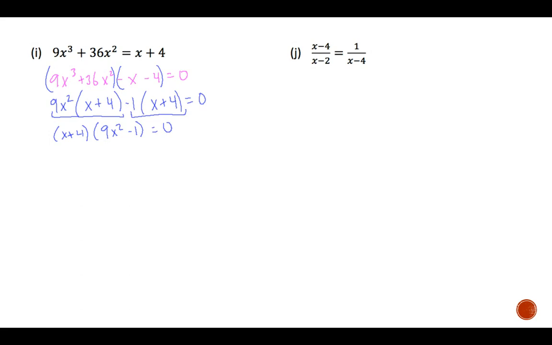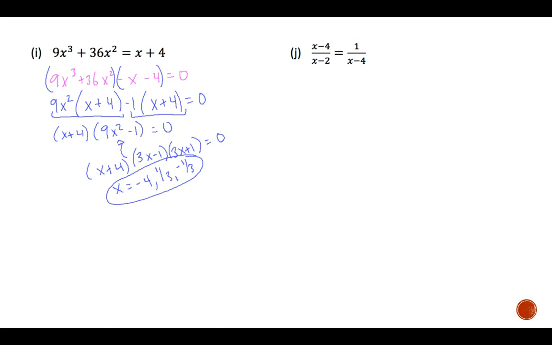Right, so I guess there's a few ways I can think about this. I can actually factor this further. What does this factor into? 3x minus 1 times 3x plus 1 is maybe what you're thinking, right? So I could go ahead and do it like this, and then I'm going to get that x plus 4 equals 0, so I'm going to have x equals -4. I'm going to have 1/3, and I'm going to have -1/3,